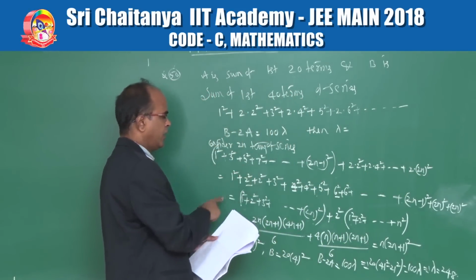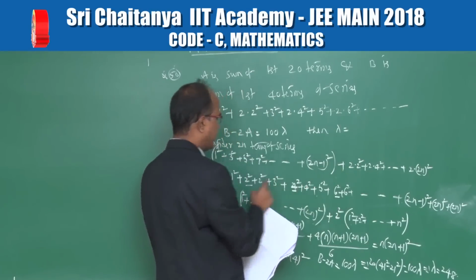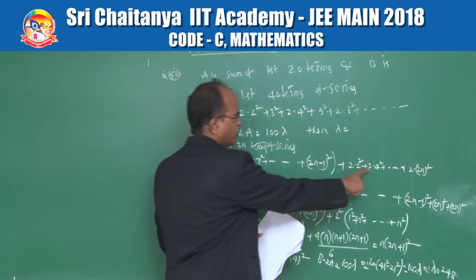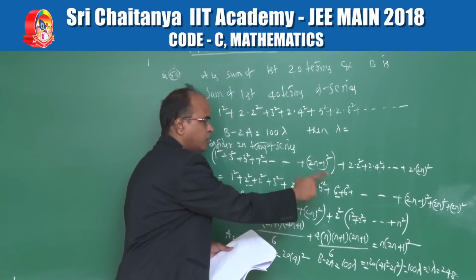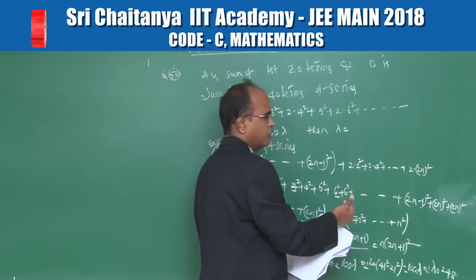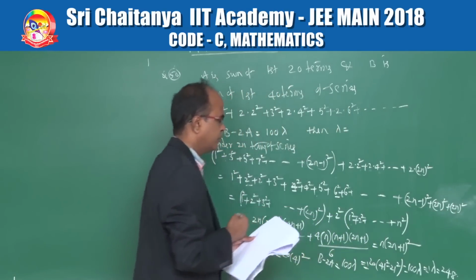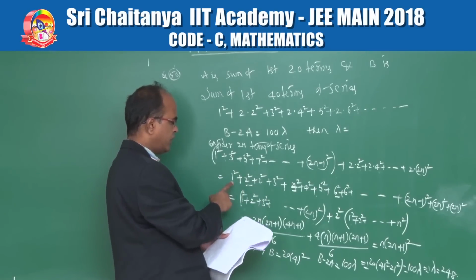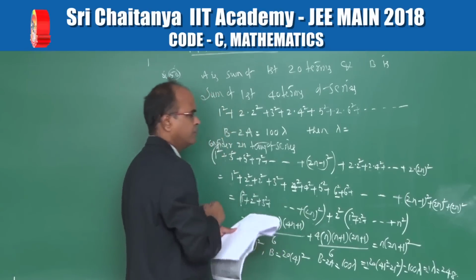And again rearranging in this manner: 1 square plus 2 square. The 2 into 2 square can be written as 2 square plus 2 square, keeping 3 square as it is, 2 into 4 square as 4 square plus 4 square, 5 square as it is, and so on. The last terms can be written as 2n whole square, 2n whole square. And regrouping the terms by writing 1 square, 2 square, 3 square, 4 square up to 2n square, and in